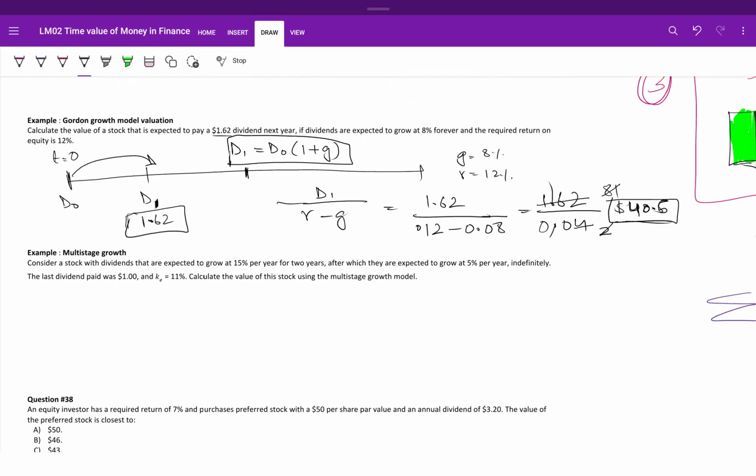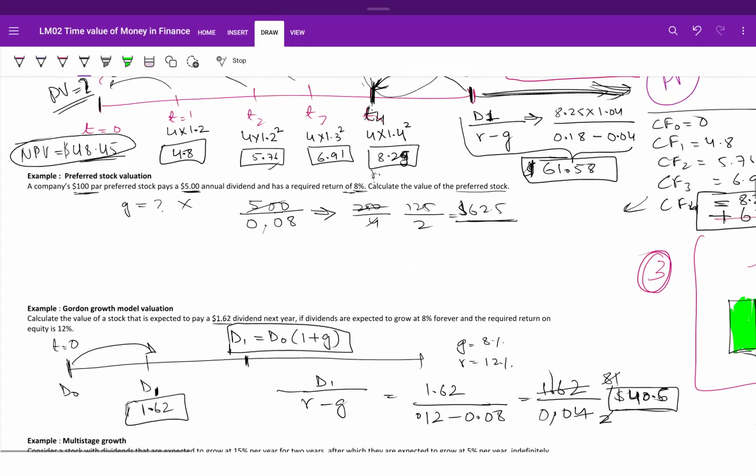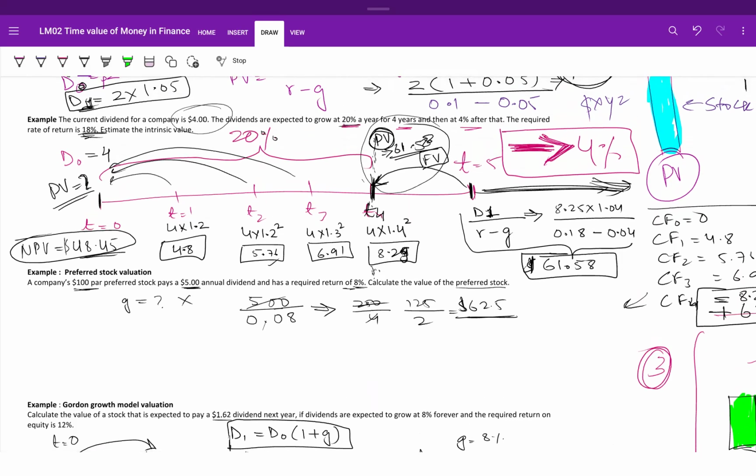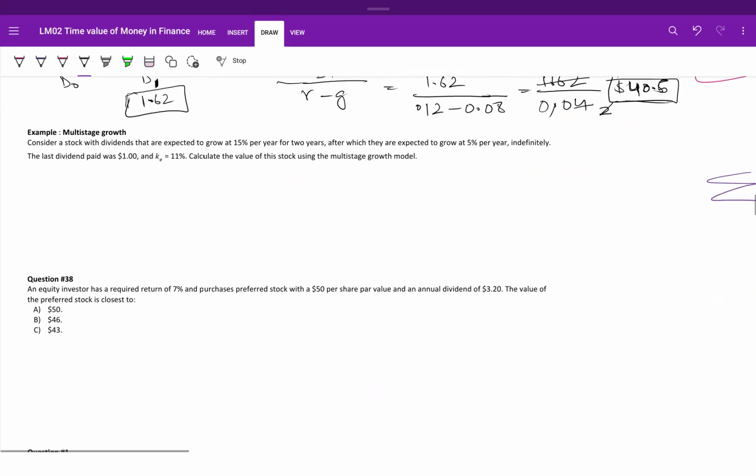This is the answer to this question. And there is this third question now. The third question is about multi-stage dividend growth. This is the multi-stage dividend growth, something like this. This is also a multi-stage dividend growth formula. So here the situation is going to be that the dividend is going to change